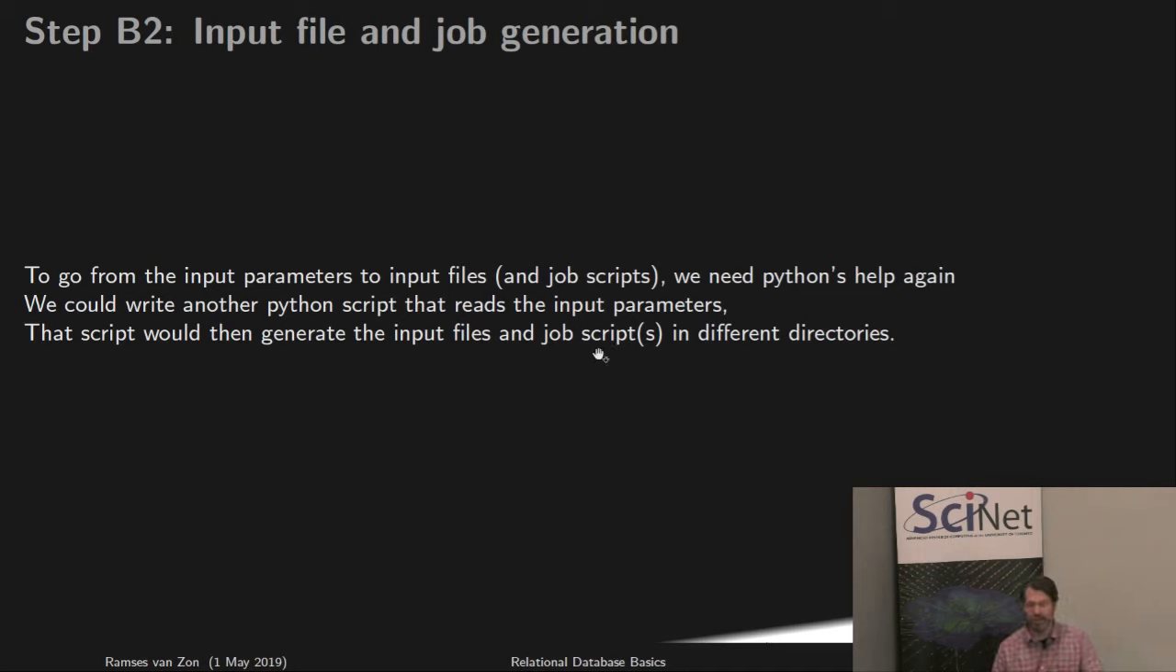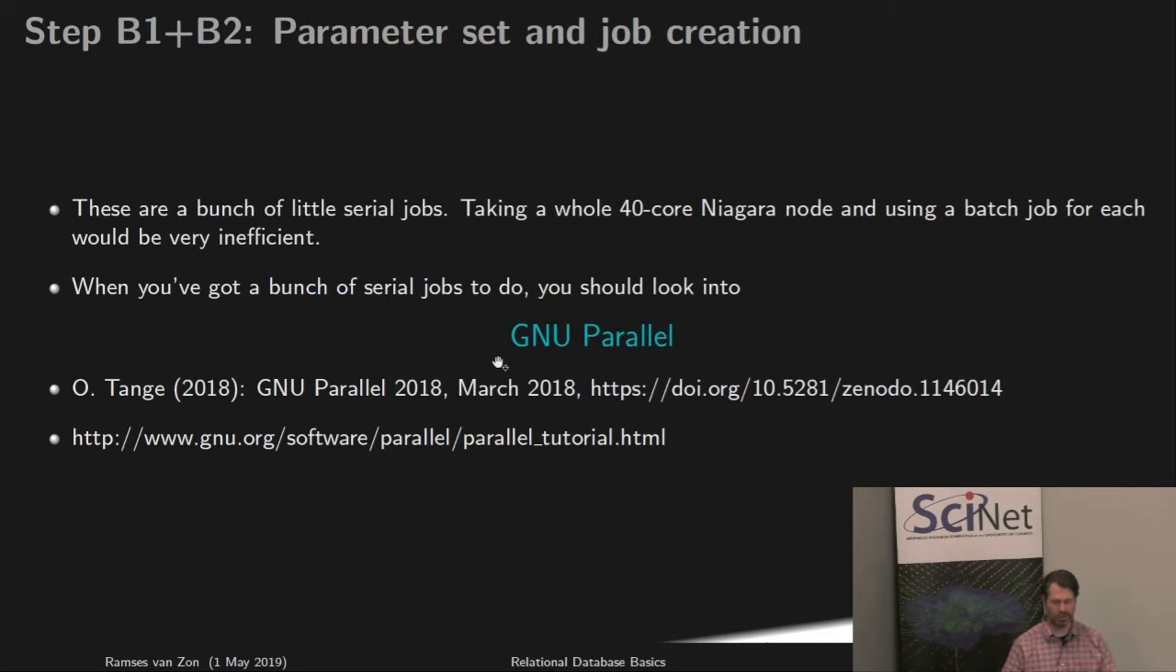Fine. I'm going to show you a slightly alternative way to do both step B1, so the generation of those parameter sets, and the generation of the jobs in one fell swoop using GNU Parallel. Who has heard of GNU Parallel before? Okay, so